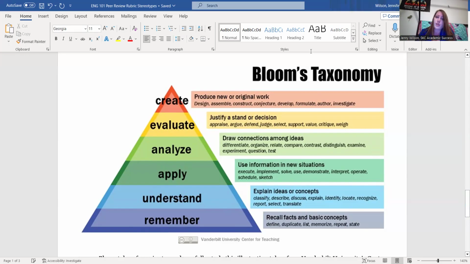and why I've added this extra page to the peer review. There's nothing that you are required to do with this as far as grading your peers or anything like that. But I want everyone to take a look at this as you read someone else's paper, but also as you think about improving your own. What more could I do in paragraph 3 to take it from these lower levels up to one of these higher levels? So even if it's not at the top, how do I get it from this zone up into, let's say, this zone? And I definitely encourage you to take a few more minutes on this illustration here.